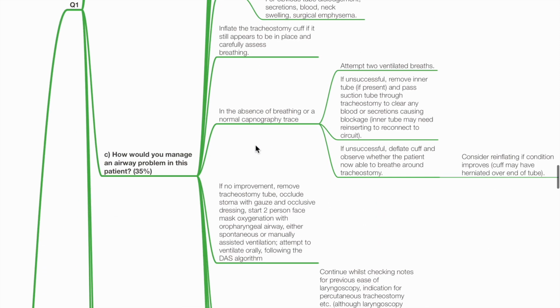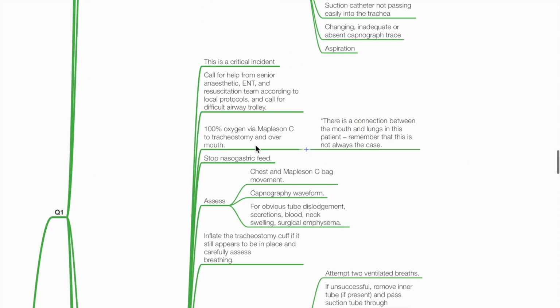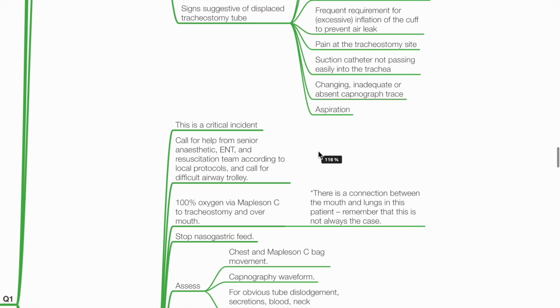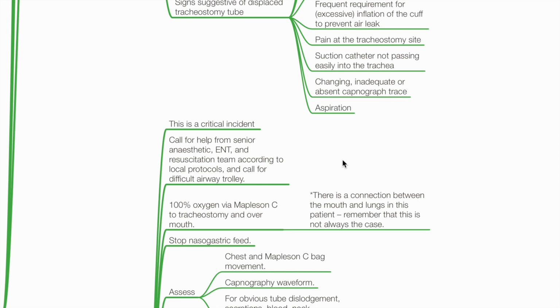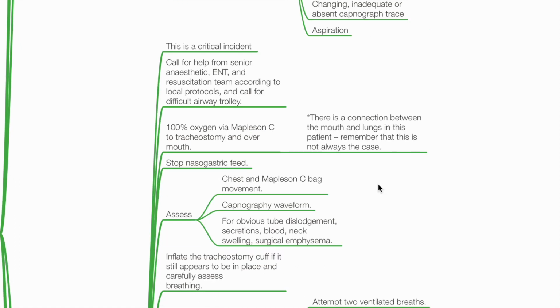C. How would you manage an airway problem in this patient? This is a critical incident. Call for help from senior anesthetic, ENT and resuscitation team according to local protocols and call for difficult airway trolley. Provide 100% oxygen via Mapleson C to tracheostomy and over the mouth. Stop nasogastric feed. Assess chest and Mapleson C back movement, capnography waveform, and for obvious tube dislodgement, secretions, blood, neck